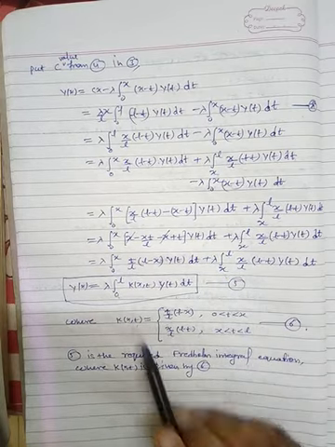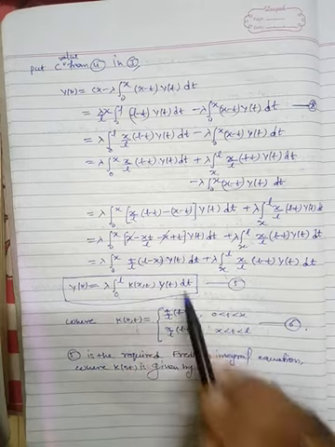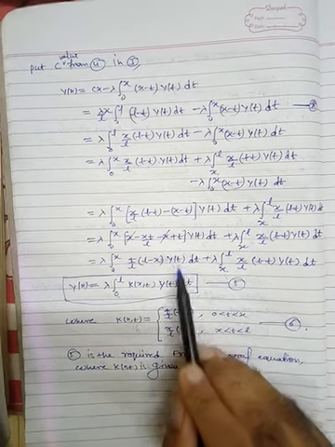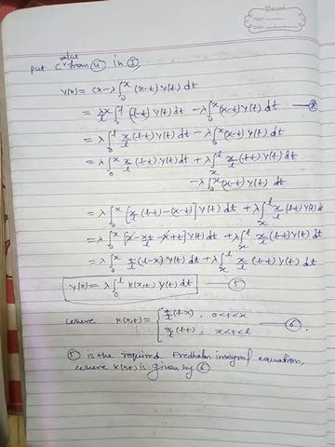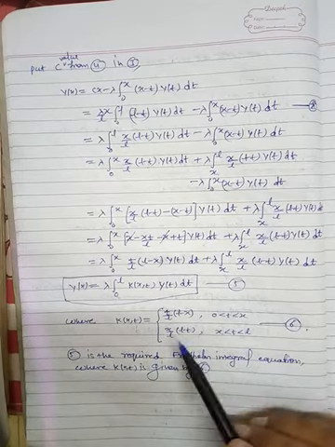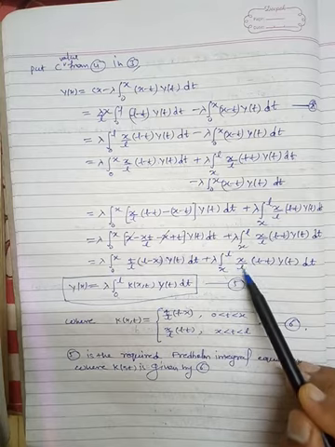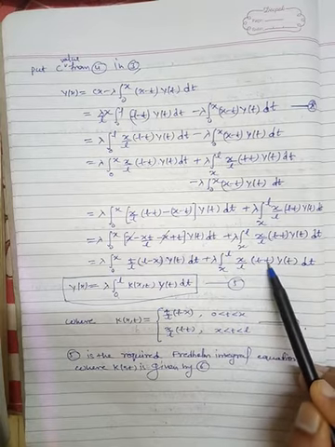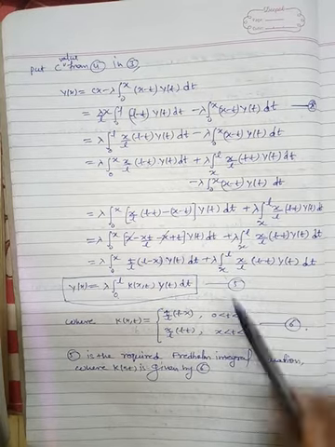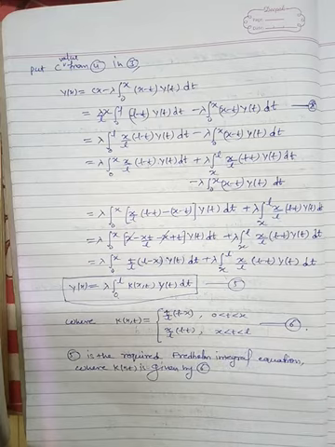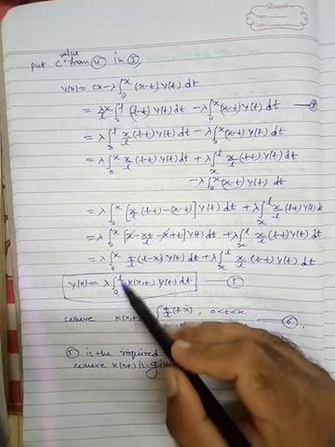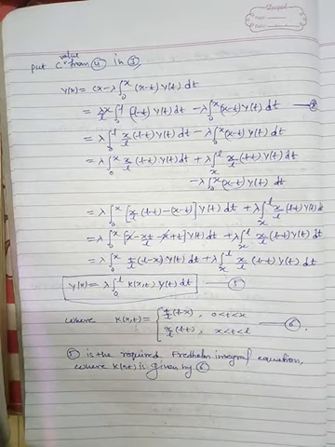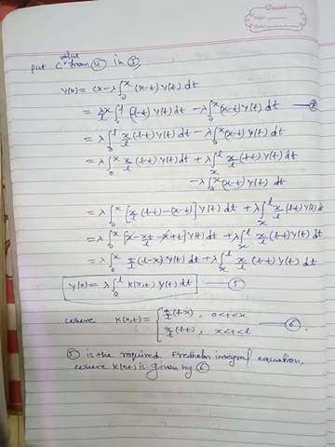So what is K(x,t)? K(x,t) is (t by L)(L minus x) when this variable t varies from 0 to x. So written here. Similarly, in the second part K(x,t) is (x by L)(L minus t) when this variable t varies from x to L. So this is the kernel. This is the kernel of the equation, and you can see that the limit is finite, 0 to L. That's why this is a Fredholm integral equation.